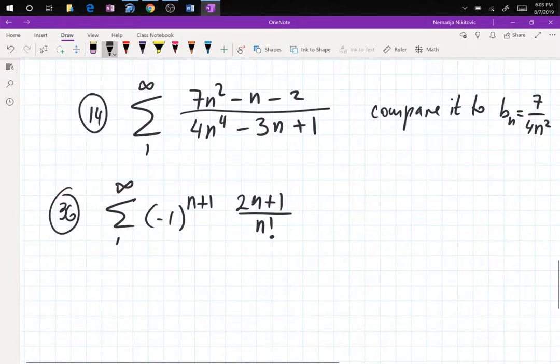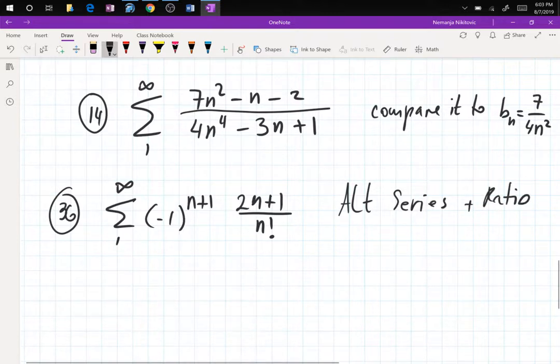And then you are going to have, like we did yesterday, the series of only the a_n term. Now that's going to be a ratio test, right? That's going to be a ratio test. So this one should work out to be absolutely convergent by alternating series plus ratio, and that would